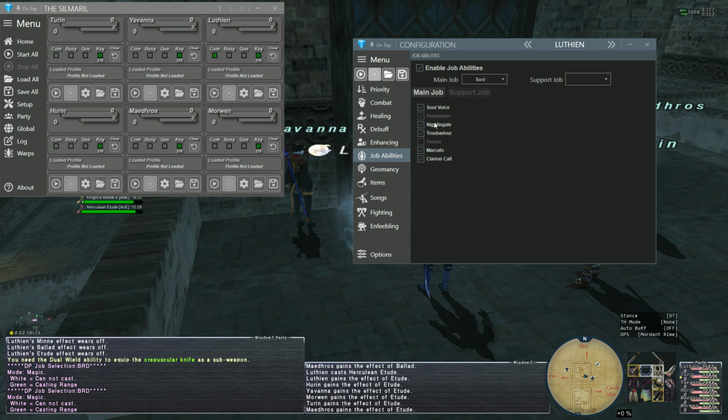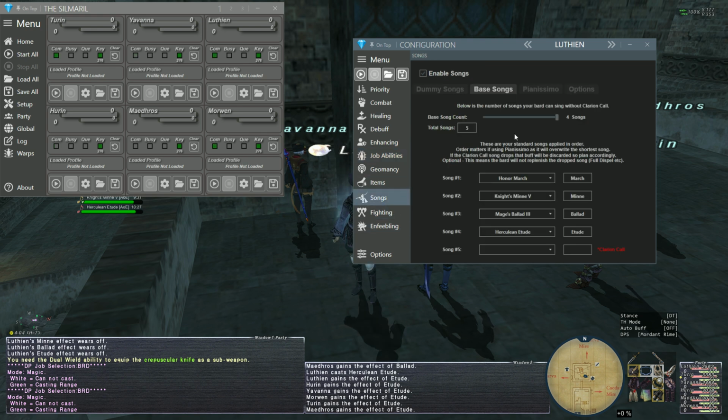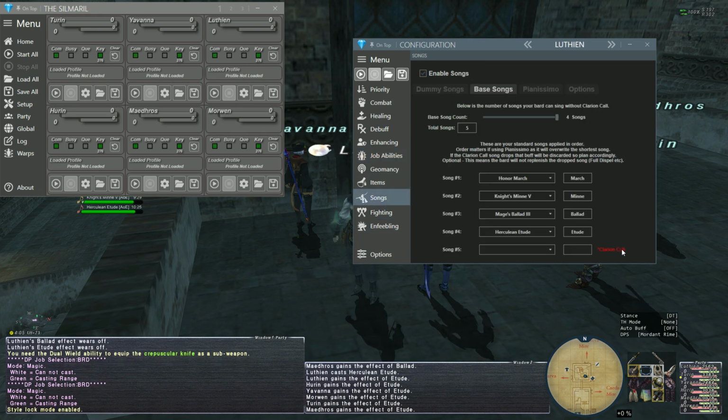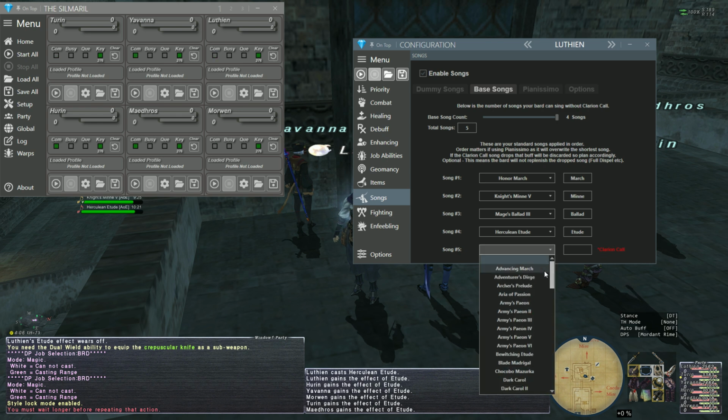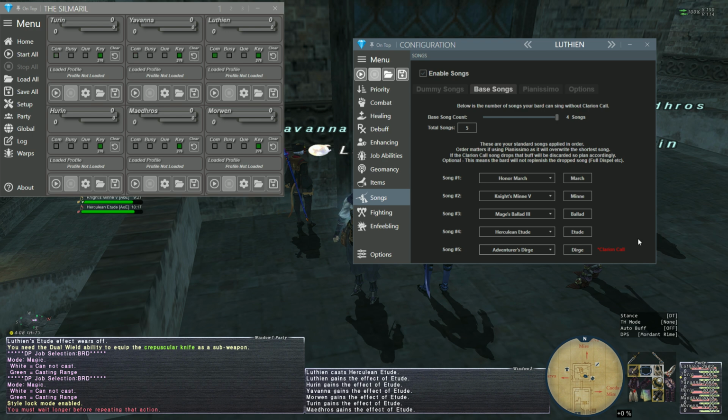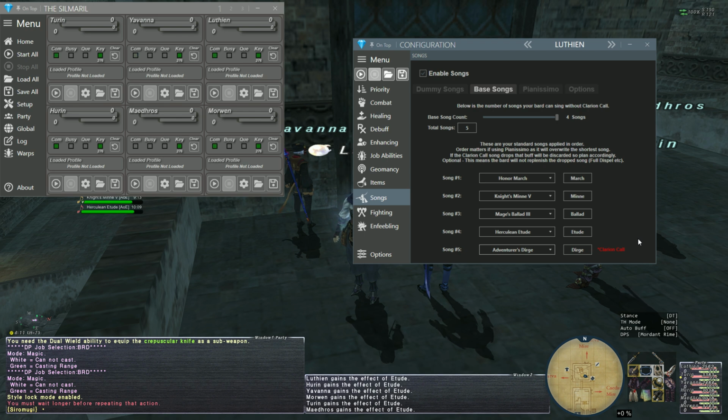So now that I've included Clarion Call, I'm now allowed to set the 5th, and you can kind of see where this shows up. And I don't know, I'll just put on Dirge. There are some comments. I try to describe some of this as best I can in some of the text, but it's important to really think about what you have Clarion Call song at, because